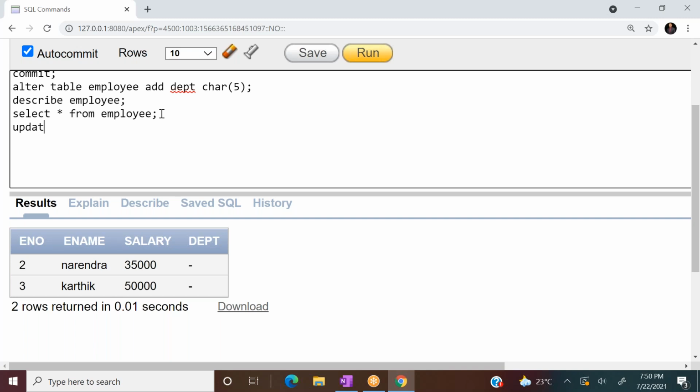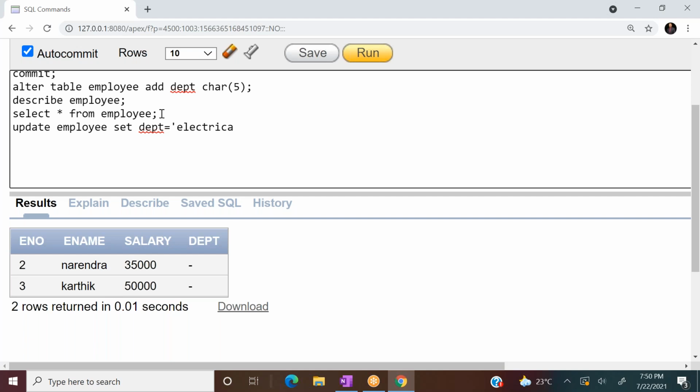UPDATE employee SET DEPT column equals to 'electrical', with electrical in single quotes. Very good, Vamshi, you have even given single quotes. Electrical in single quotes because it is a string.